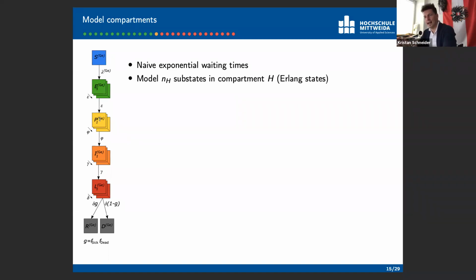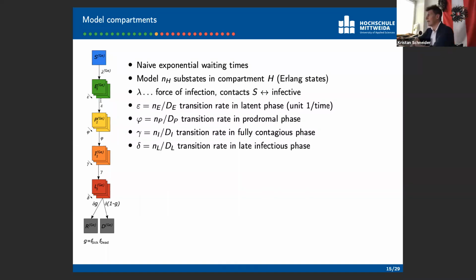And that actually will have the same mean, but you can adjust the variance as you please. And that is what we want, and that makes a more realistic dynamics. So, well, let's see what we have. What are these